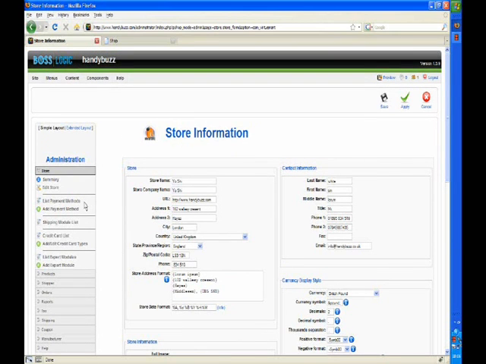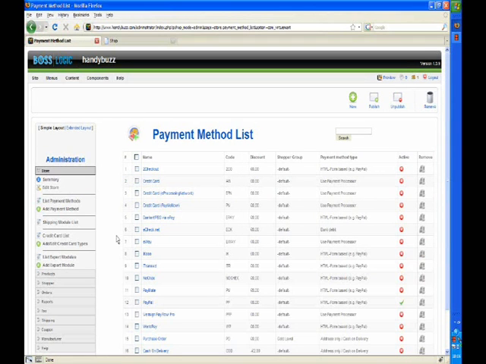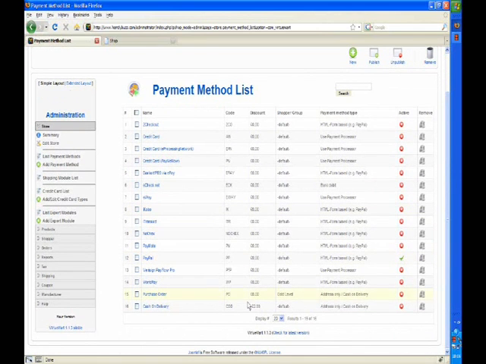Okay, so let's have a look at the payment systems as that's next on our list. First of all, we'll just do a list payment method. This shows all that are already available. If there's a particular payment system that isn't listed, you can add it by going to Add Payment Method on the left. I'm just going to show you the example of PayPal, as we use PayPal, so it's the most common form of payment on the internet these days, and it's very safe,